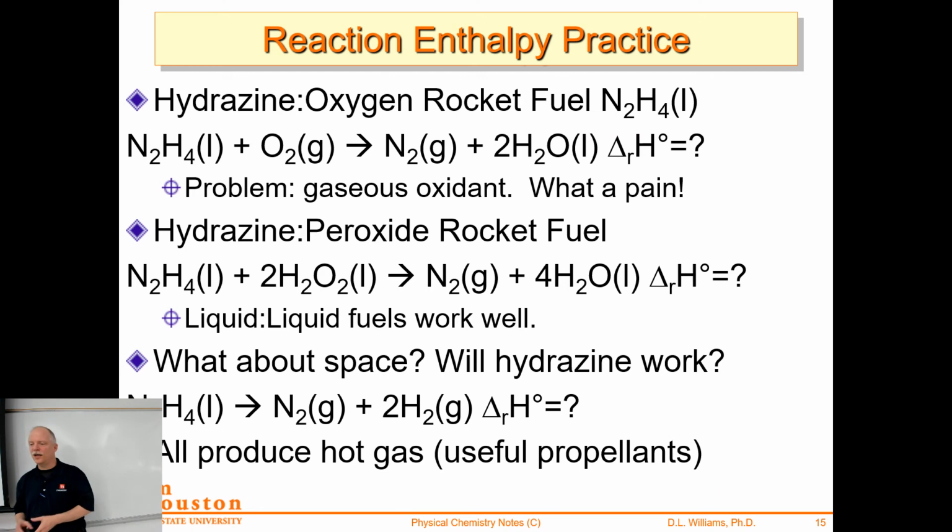And so here's some other ones: hydrazine rocket fuel, where we could take liquid hydrazine, because liquid hydrogen, boy, what a pain that is. It's really low temperatures. So let's get away from liquid hydrogen and use hydrazine. So here's N2H4 liquid mixing with oxygen. Let's calculate this one. It's making ammonia and water. So we could go back and calculate those values. Essentially we have the products minus reactants. And so we have 2 times